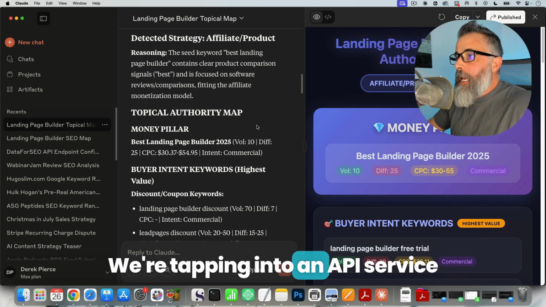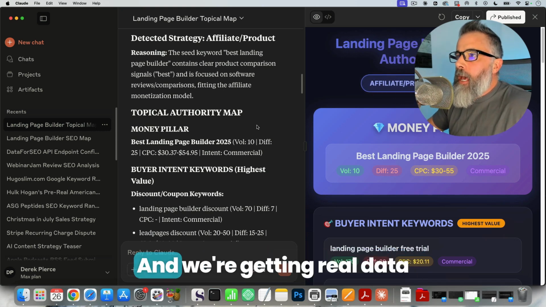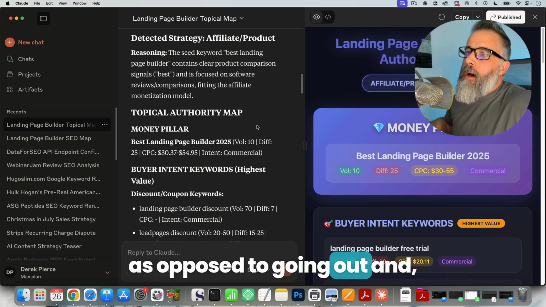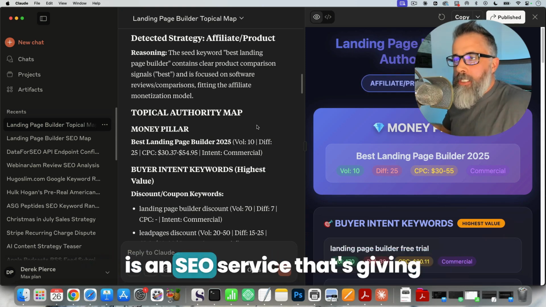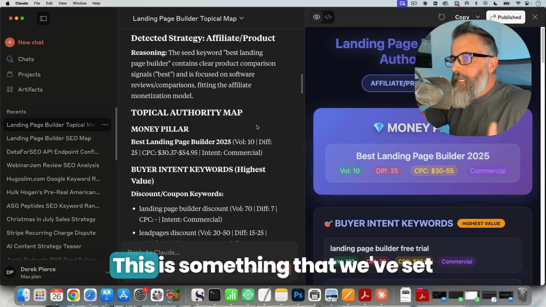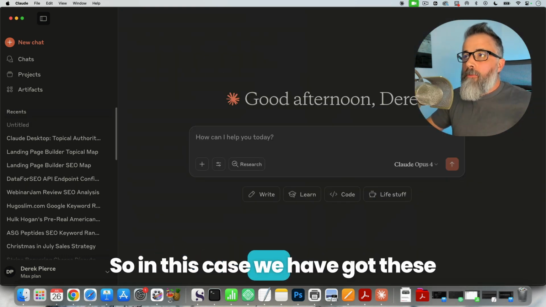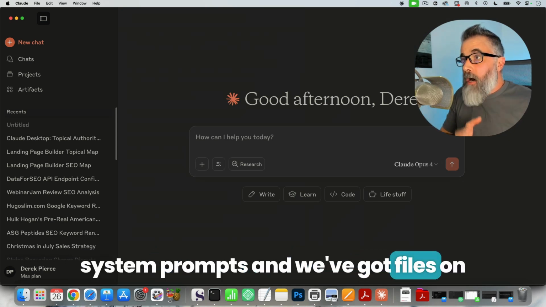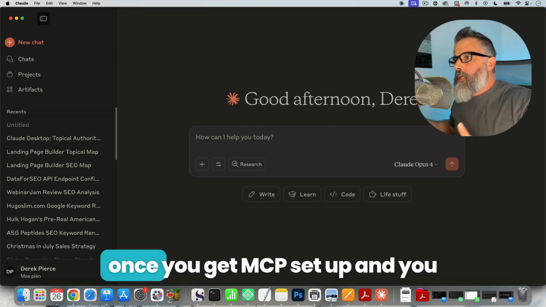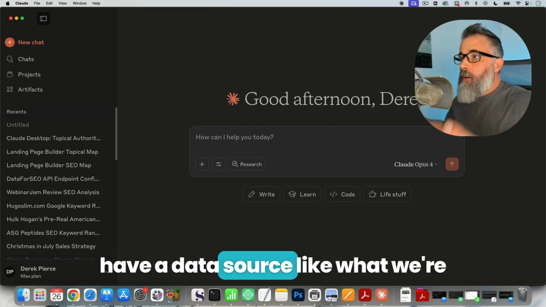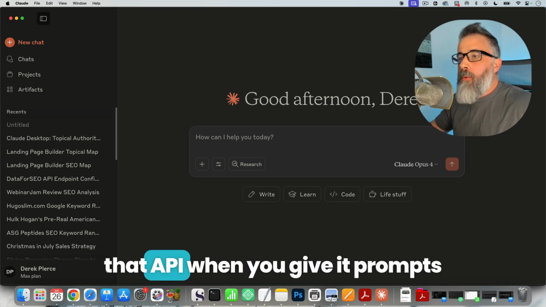We're tapping into an API service as well for the SEO data that is super, super inexpensive. And we're getting real data as opposed to spending hundreds of dollars a month on an SEO service that's giving you credit-based applications. This is something that we've set up, and we're able to run these for literally pennies. So we have these system prompts and files on our hard drive that Claude accesses. But once you get Claude Desktop, once you get MCP set up and you have a data source like what we're using, data for SEO, then Claude automatically knows to tap into that API